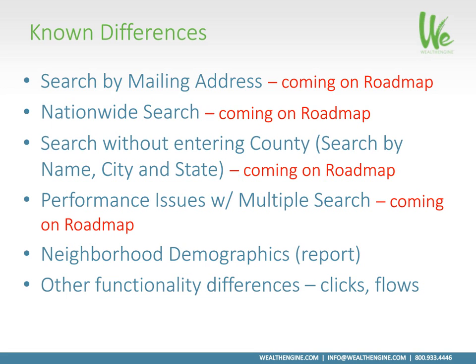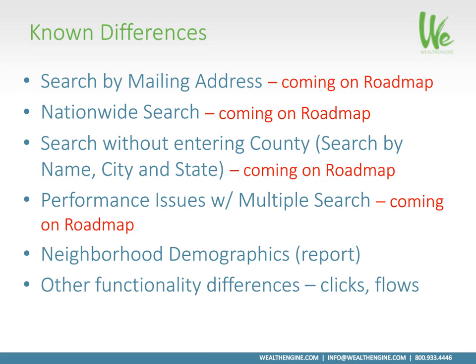So just to talk about these known differences and iron these out for you. These are some of the key items that are different between those two tools and platforms. And this is what we've specifically talked about with CoreLogic. What they are working on right now is addressing these issues within the RealQuest tool. On their roadmap right now is adding in the search by mailing address, adding in the nationwide search capability,